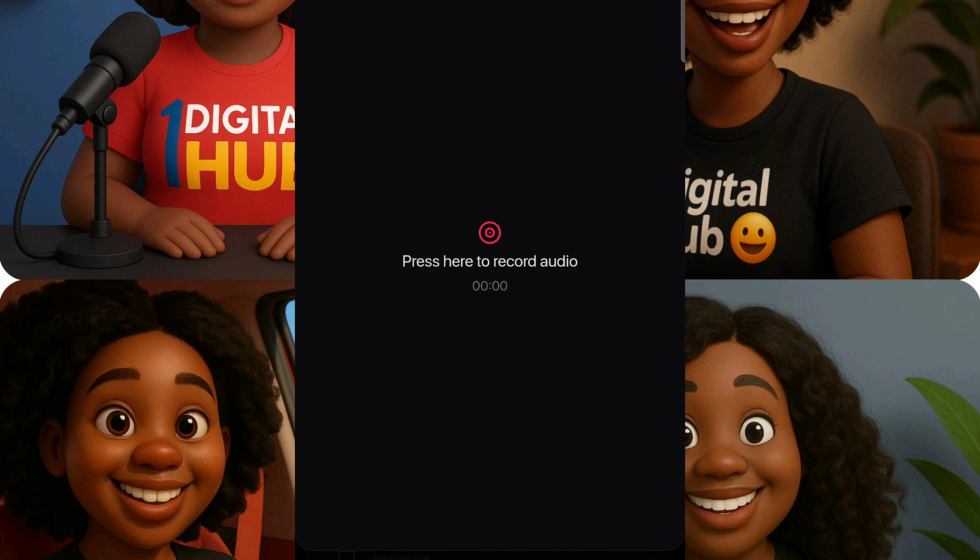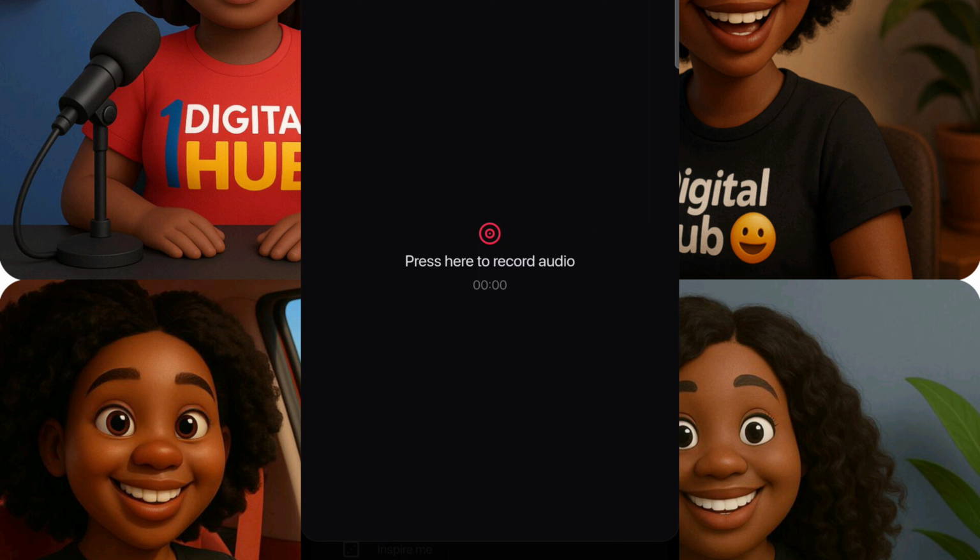So when you get here, you're just going to click on this red button right here, and it will start recording. When it starts recording, you're going to say whatever it is you want your video to say. Okay, so